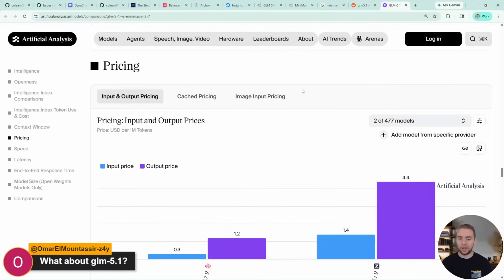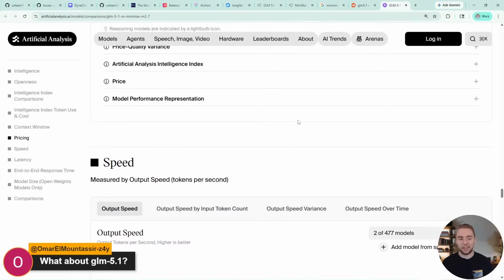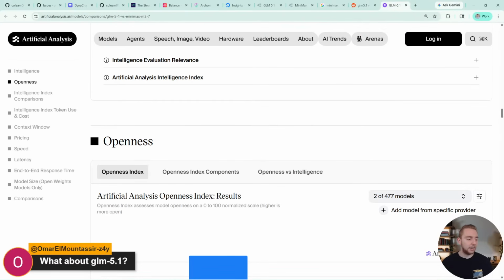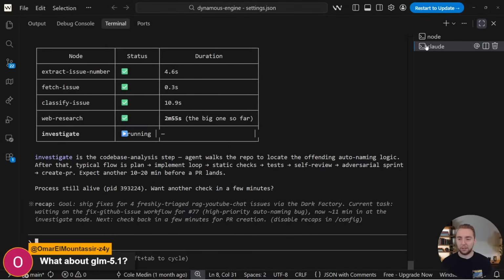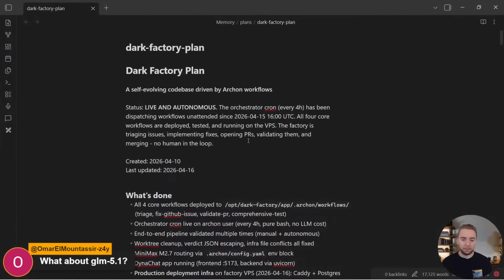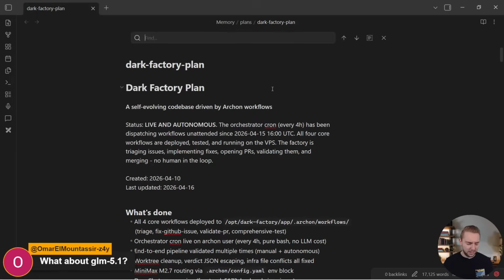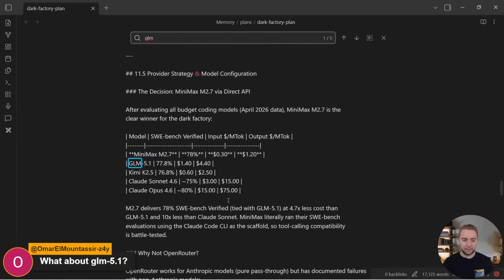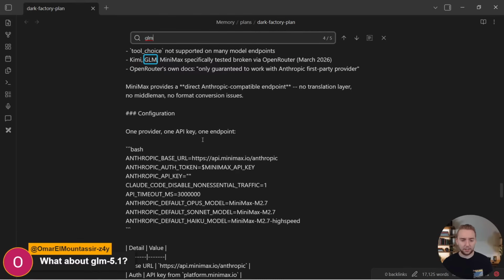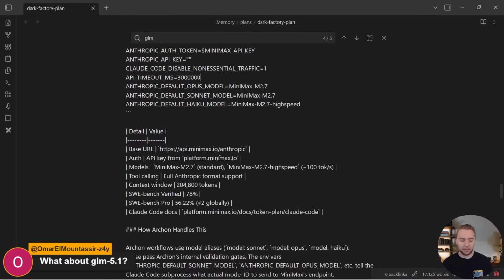So I probably won't do it on the live stream right now, but it's very, very easy to swap Claude Code. Check this out. I could literally have it walk me through what it would look like right now. So watch this. I'm going to go to my Dark Factory plan because this has full context for how I set it up to use Minimax, and I think I even talk about GLM. Yeah, I've done some comparisons here. And I cover exactly how I set up the environment variables to point it to Minimax instead.